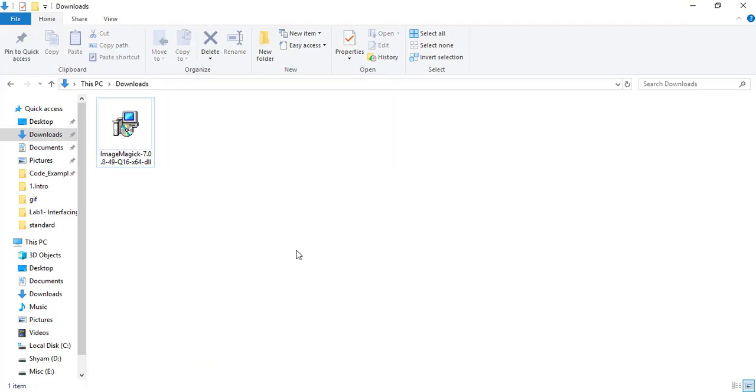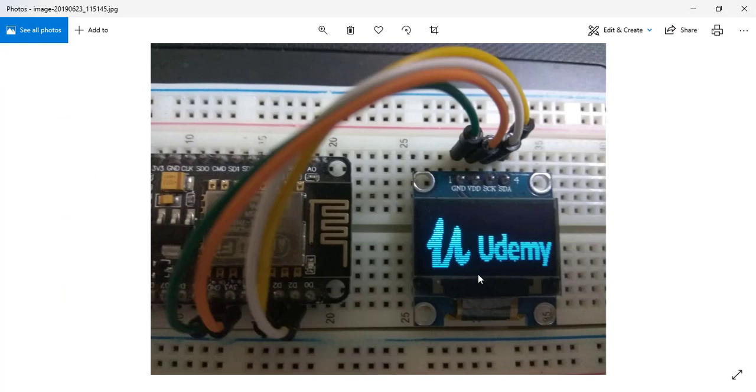Okay, I'm done. Now how should I resize my image to the display size is the challenge using the tool.